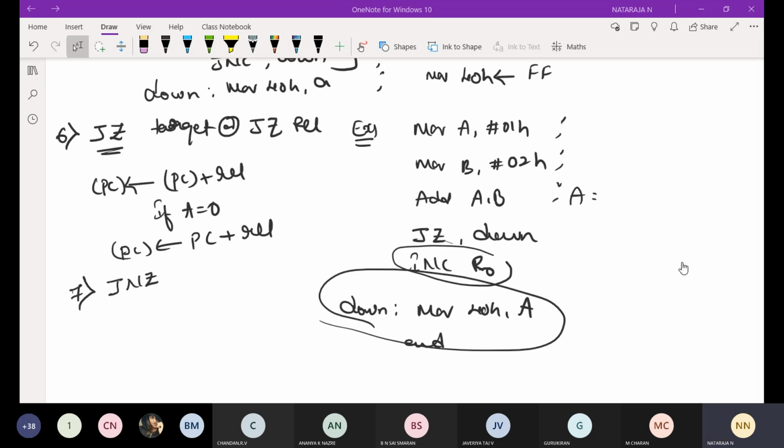Present, sir. Dhanush. Present, sir. Vignesh Reddy. Present, sir. Meghana. Present, sir. Girija. Present, sir.